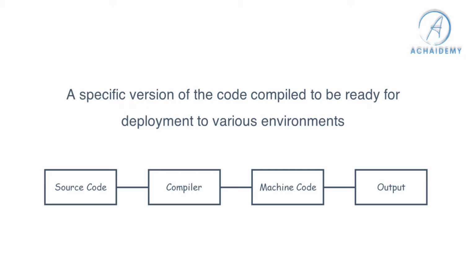Build. Okay, a build is basically a process where a version of the code is picked up and compiled into an output format which can be deployed to a server. Now, what the output format is depends on the technology and the code that is being developed. But typically, the source code is picked up and compiled into machine readable code, which is then saved as an output, which will be deployed